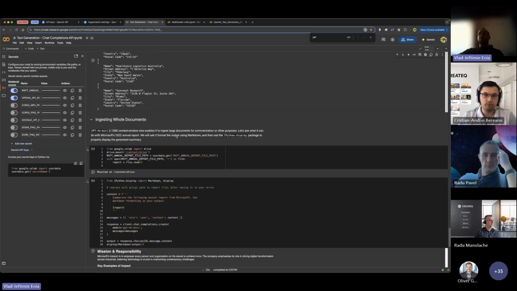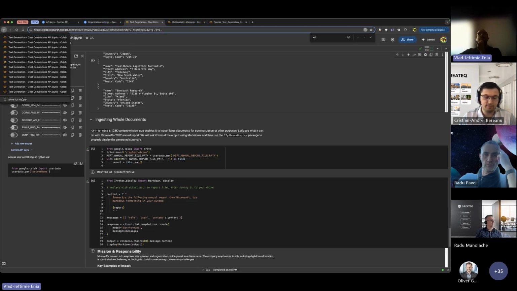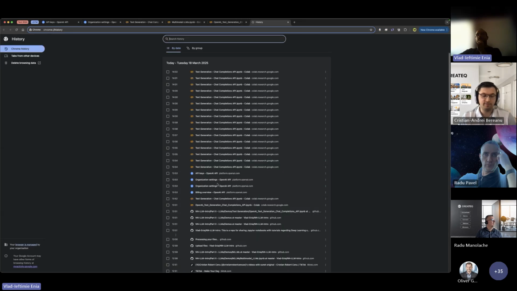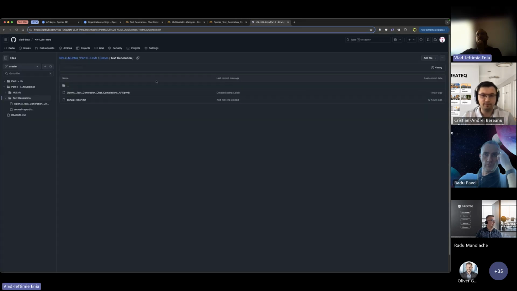And now let's make use of the 128,000 context window and load a whole document into it. Here we have the Microsoft 2022 annual report, which is I think tens of pages long. I converted it into a TXT file. If you want to try that yourself, you find the file here on GitHub, the annual report TXT.